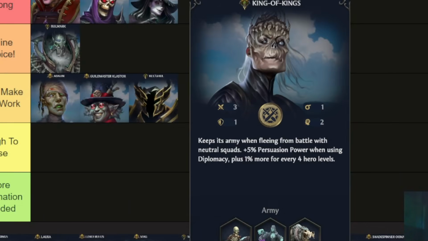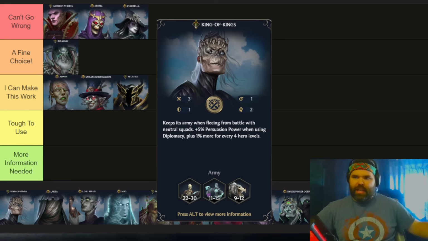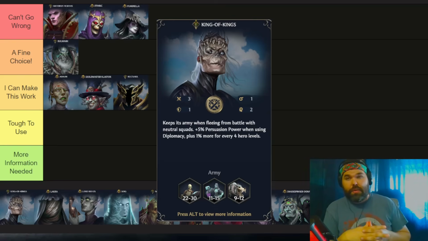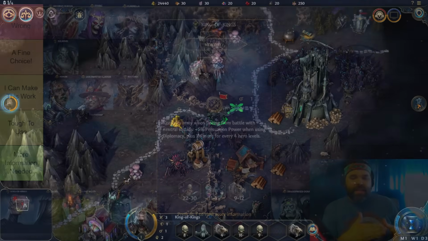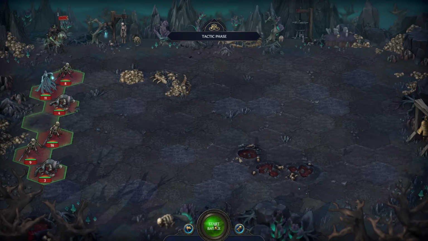And maybe I am completely missing the point of King of Kings, but it seems counterintuitive to me that you have a diplomacy specialist hero in the Necropolis faction. Wouldn't you prefer to use your high necromancy skill to incorporate the living into your army as the dead, steal their calcium, as it were, and create your own army from scratch? That tends to feel like the strategy that works best in Heroes 2 and 3 and beyond, but here we